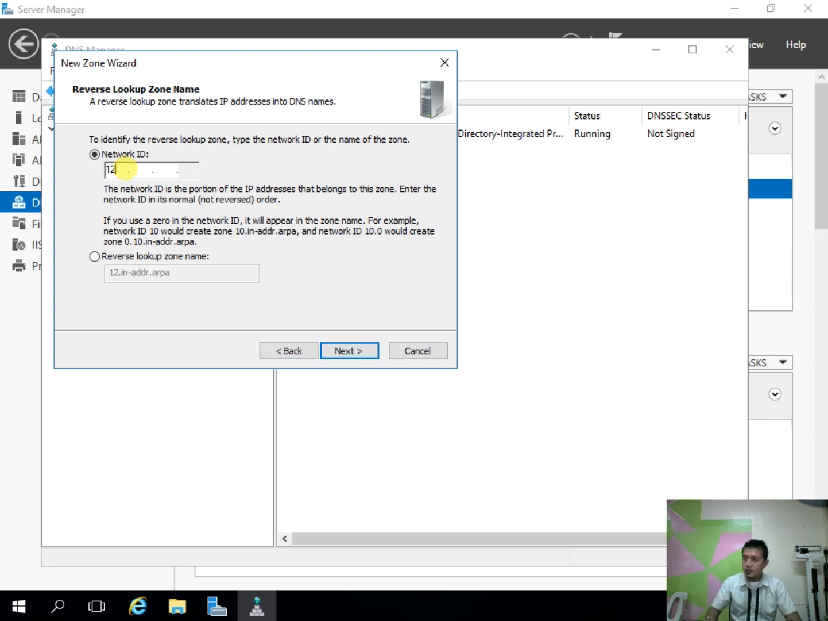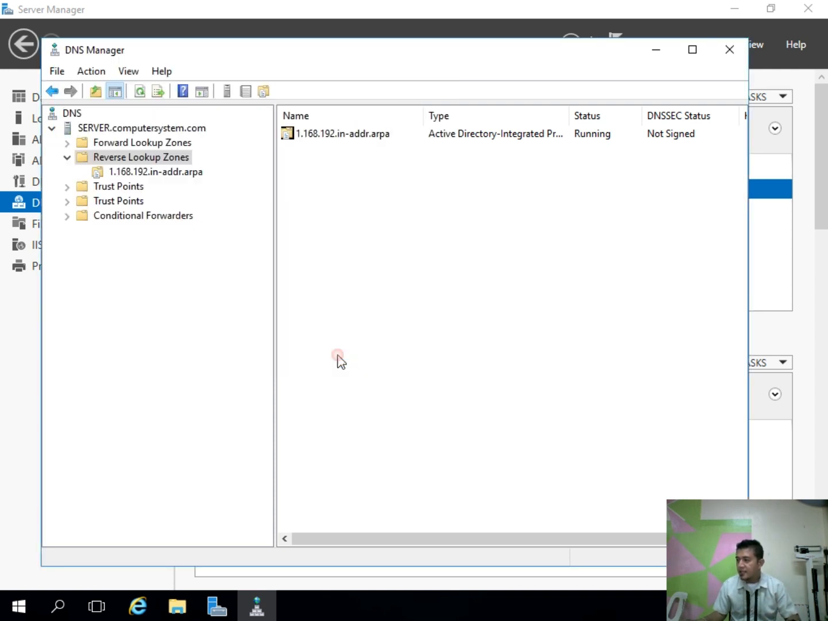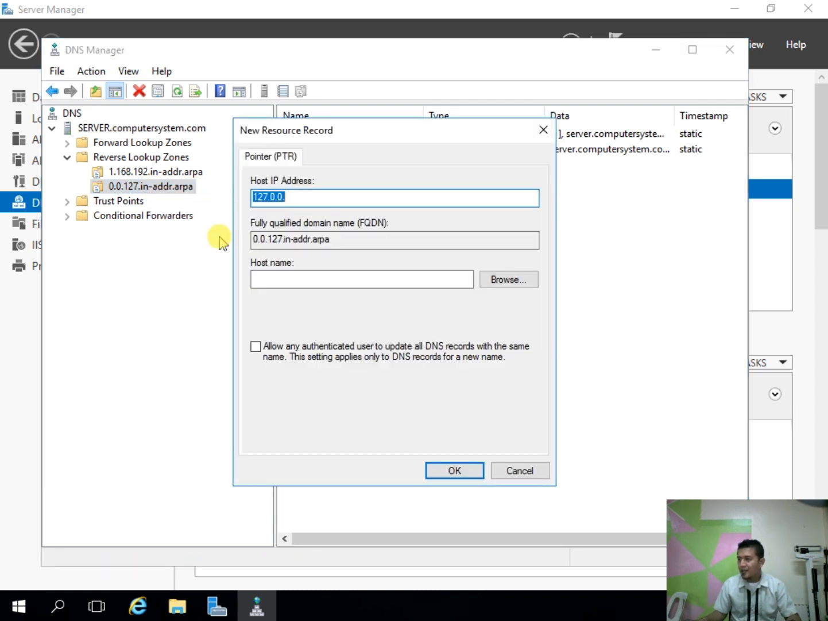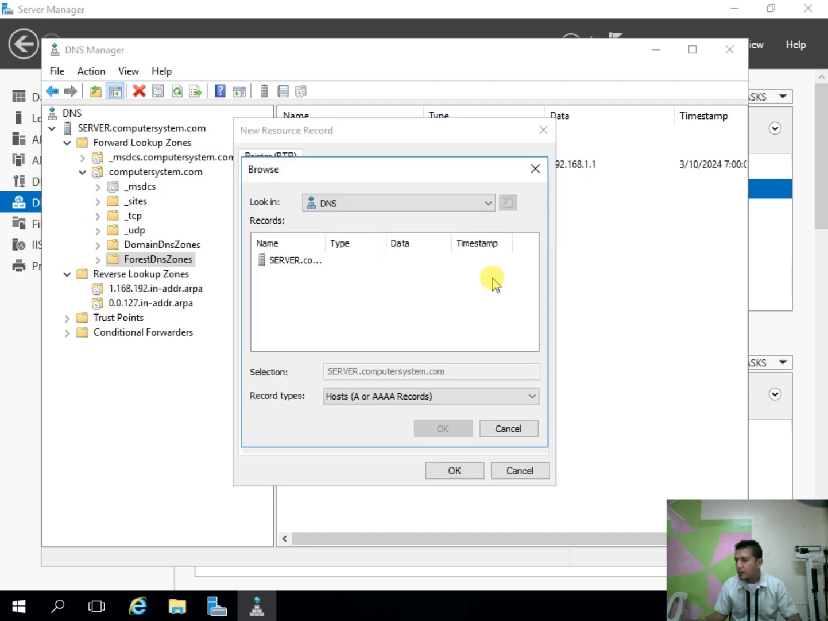Ayan, by doing 127.0.0.1, but we won't put it here in the last octet because it's grayed out. So, we just need to click next, finish, and then here we configure the last octet. Click here, right-click, new pointer PTR. So, then we put 1 here. Browse to the record server, all records, double-click for lookup zone,